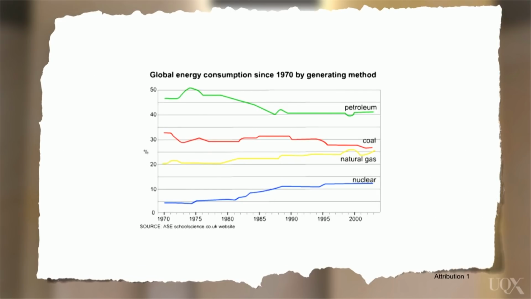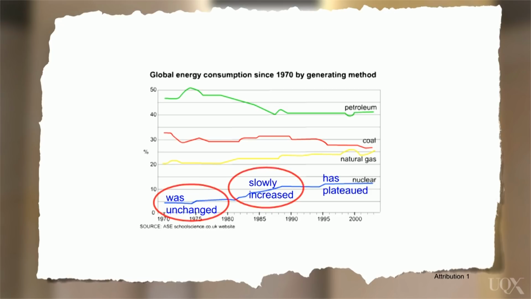Now, let's look at the global consumption of nuclear energy. Can you think of some words to describe this pattern? Did you think of these phrases? Notice that you need to carefully choose your tense to match the time. We'll use past simple for finished time in the past, and we'll use present perfect for time beginning in the past, but continuing until now.